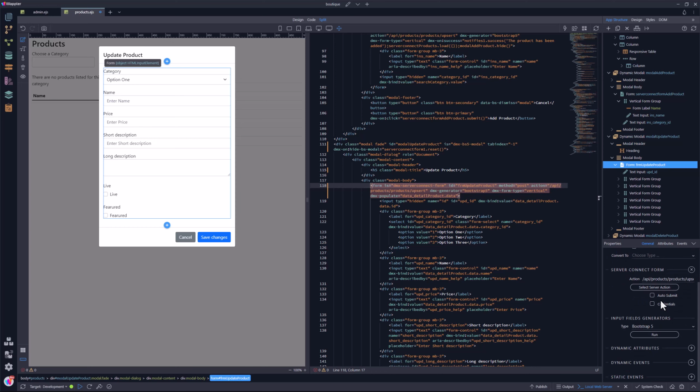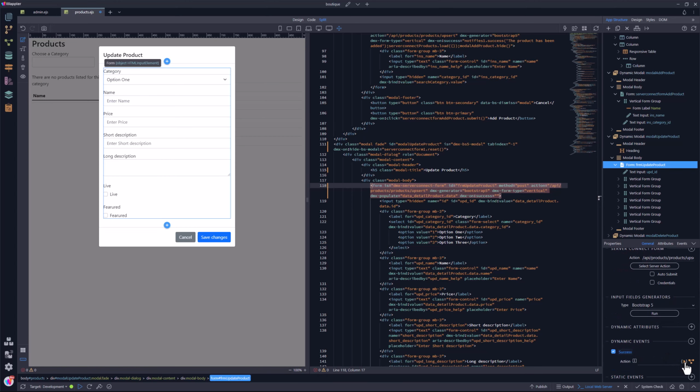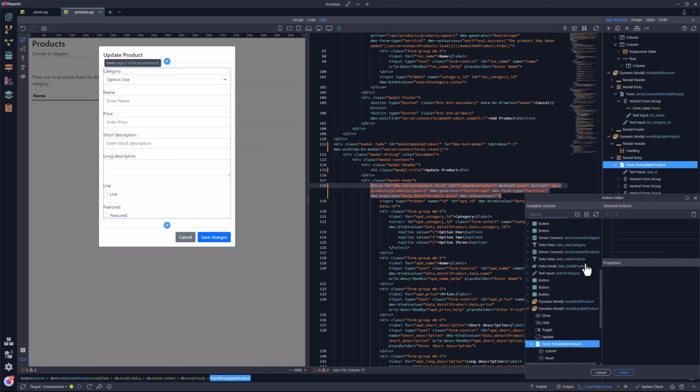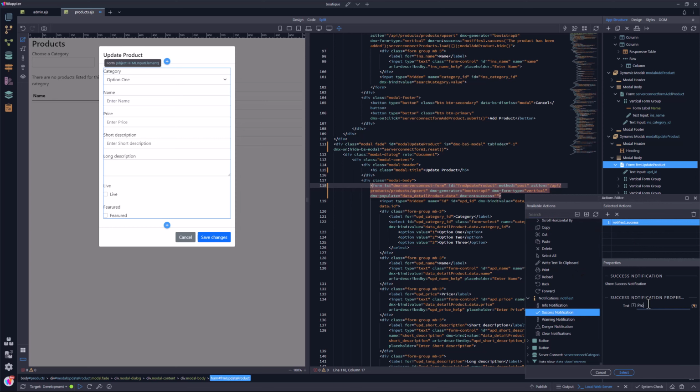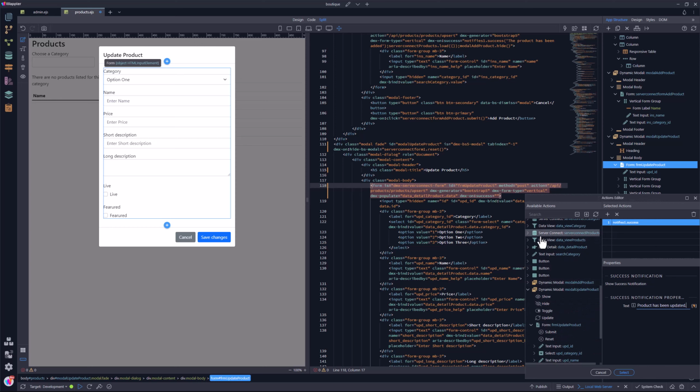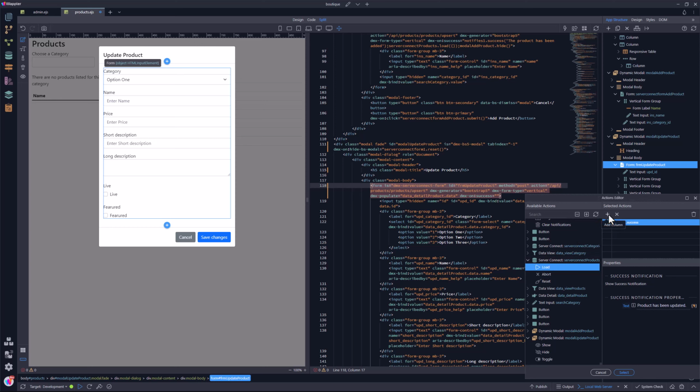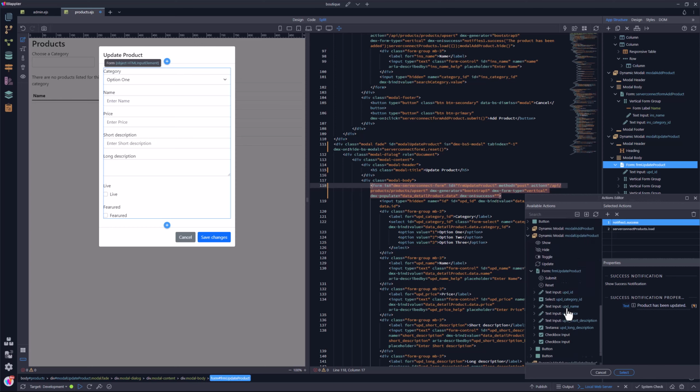Then I scroll down to Dynamic Events where I choose the Server Connect on Success event. The actions that need to take place are: a success notification, a refresh of the data source, hiding the modal,